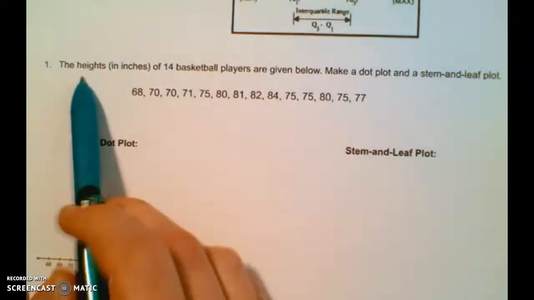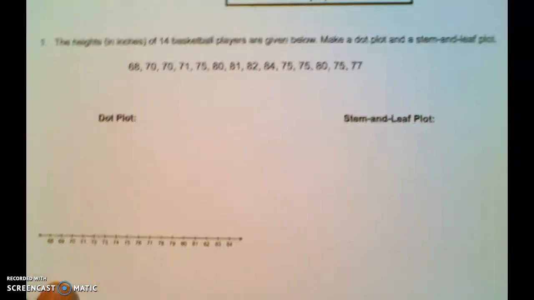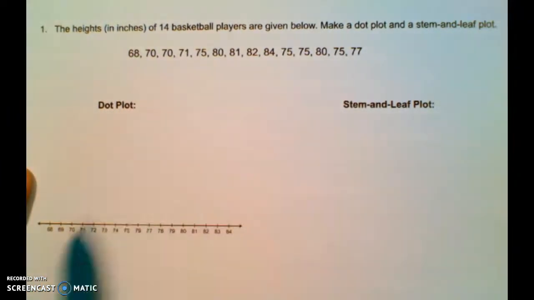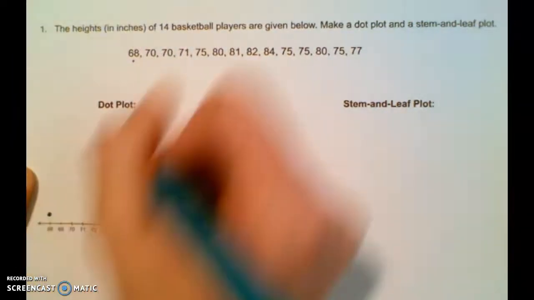All right, we're given the heights in inches of 14 basketball players. We want to make a dot plot and a stem and leaf plot. So for our dot plot, we're just going to take each of these and put a dot on the number line. So we see 68, 70,